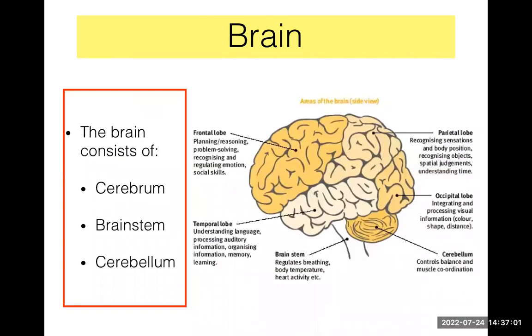Now we come to the brain. The brain consists of cerebrum, brainstem, and cerebellum. The cerebrum is composed of right and left hemispheres, which are separated by the falx cerebri. The left hemisphere contains the language centers in virtually all right-handed